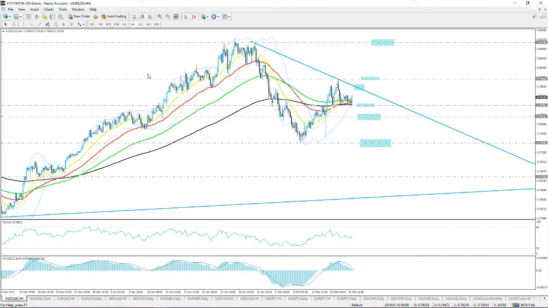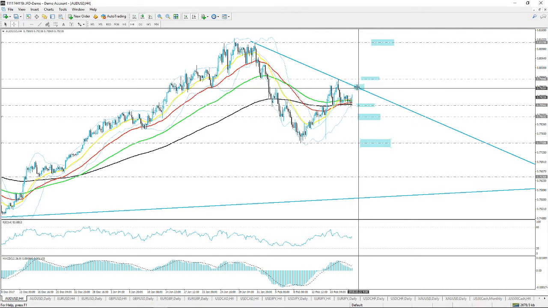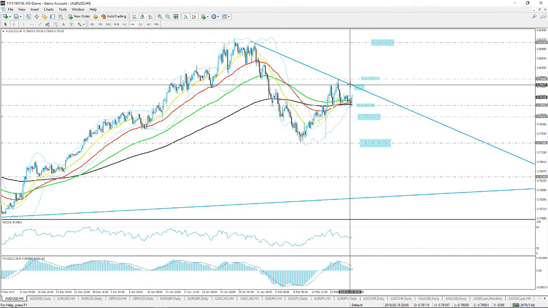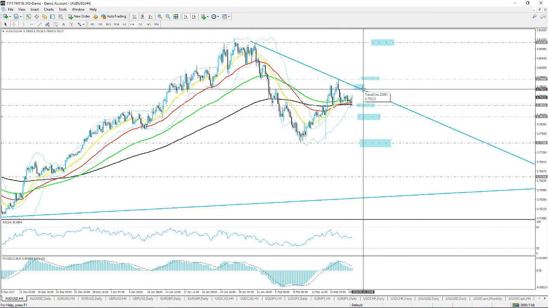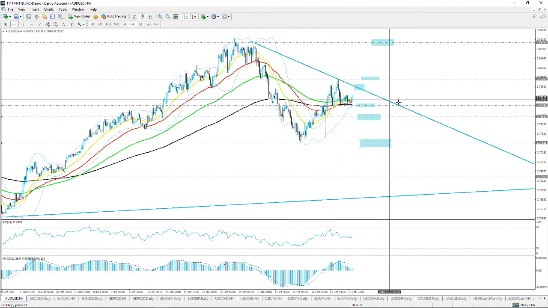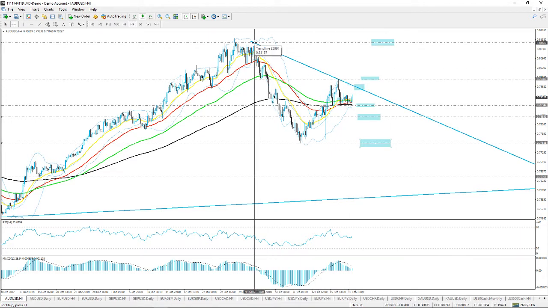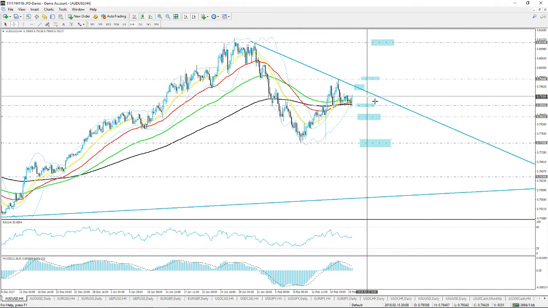Okay, the first one that I wanted to show you guys is the Aussie dollar. Now, the Aussie dollar is trading nowhere at the moment. It has got this little range here, but to be honest, it's like waiting for a pop or something. It has got a strong, short-term downwards trend line pushing lower here that started on the 31st of January and is still going down.